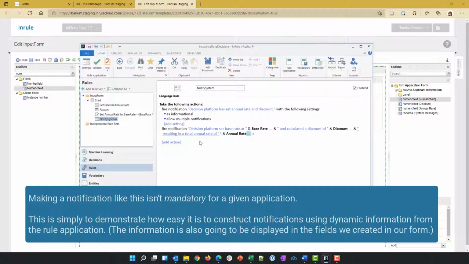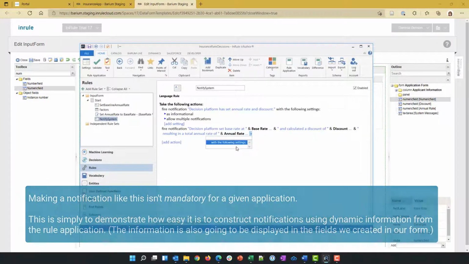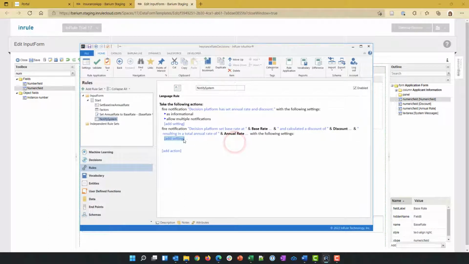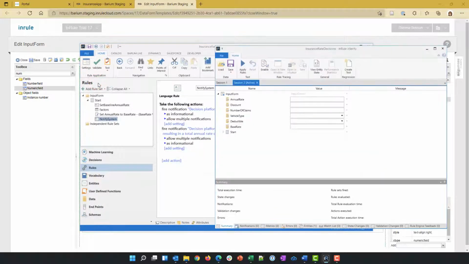So all we did is we took that information and put it into a sentence for our user who's looking at the information. So I'm going to add in some settings, and again, we're going to allow multiple, and we'll make it informational. And let's go ahead and do one more test of our rules,